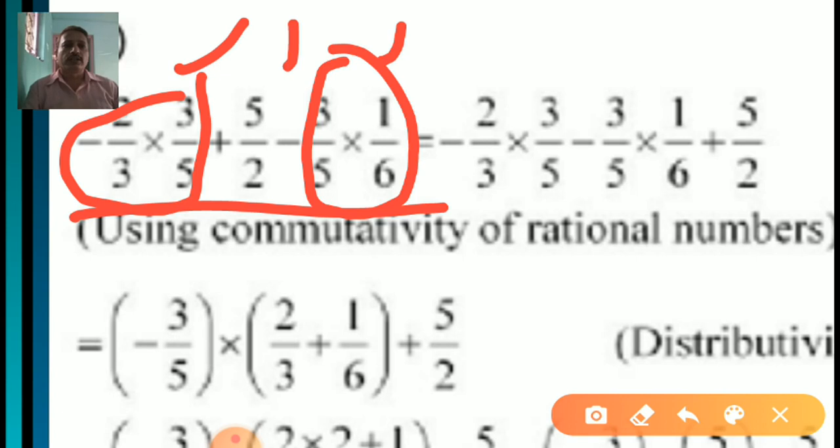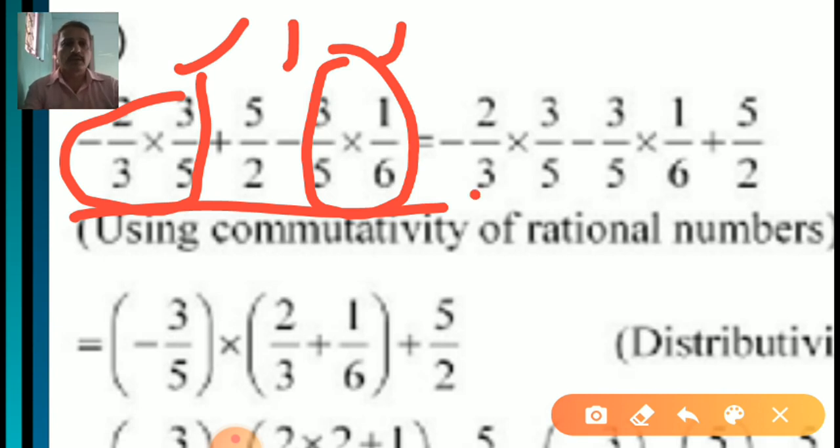Now let's check. We have to find a common number in any terms. Did you find any common number, student? Yes, the last term and first term have one common factor, that's 3 upon 5. In both terms this number is common. So we can take them together and replace the place of third with second.